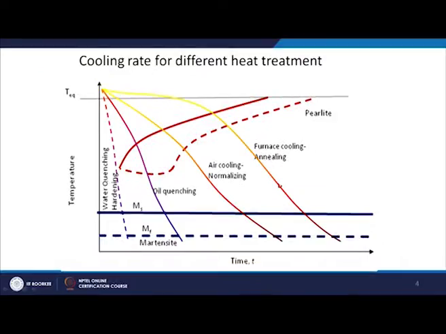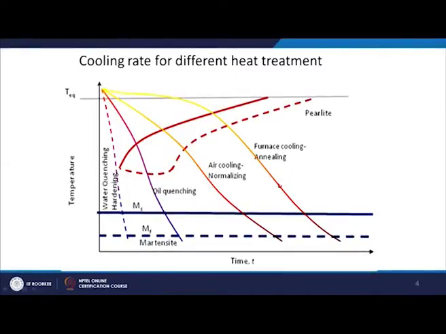So, furnace cooling means I take the furnace to that temperature, keep it at that temperature for some time, so that my whole product is homogeneously heated to that temperature, and then I switch off the furnace. So, now the furnace is going to cool, my product is going to cool, so it is a very slow cooling process, and that is what we follow in the annealing process. Then I can take the product out from the furnace, so in air it will cool through convection currents, and then of course it will be a higher cooling rate than furnace cooling, and that is what we do in normalizing.